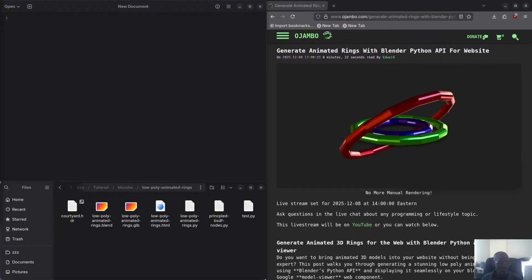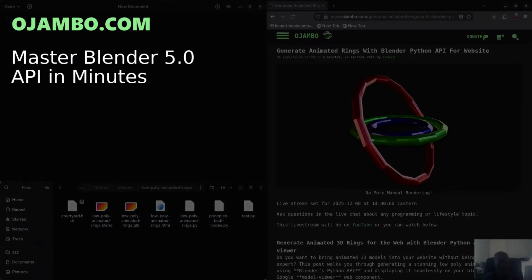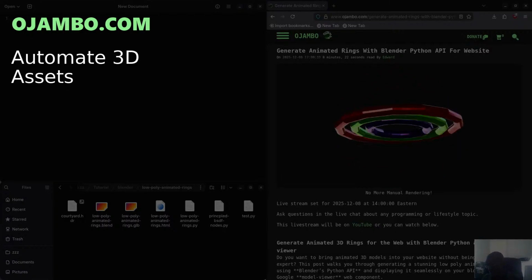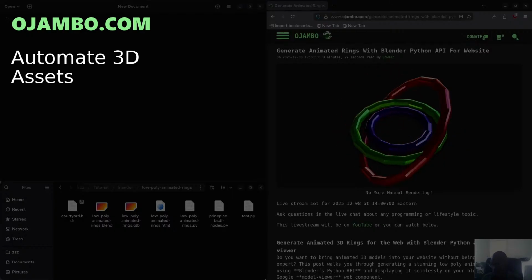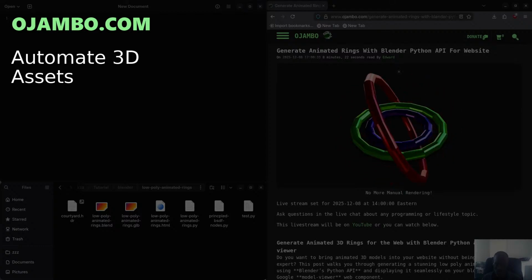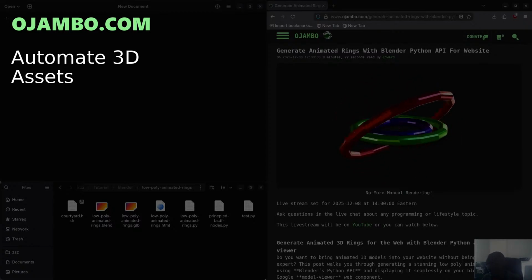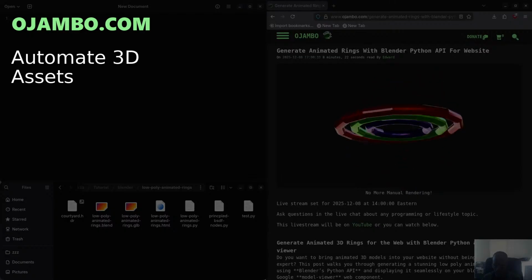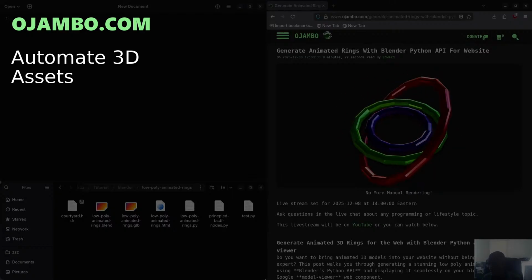So let's go to the intro. Okay, there we go. So the intro is automate your 3D assets. That's what we're going to do. So obviously the assets are going to be the torus rings here. So everything's going to be done on the command line. You just need Blender. I'm using Blender 5.0, continuation from yesterday's when we did the review of Blender 5.0, the